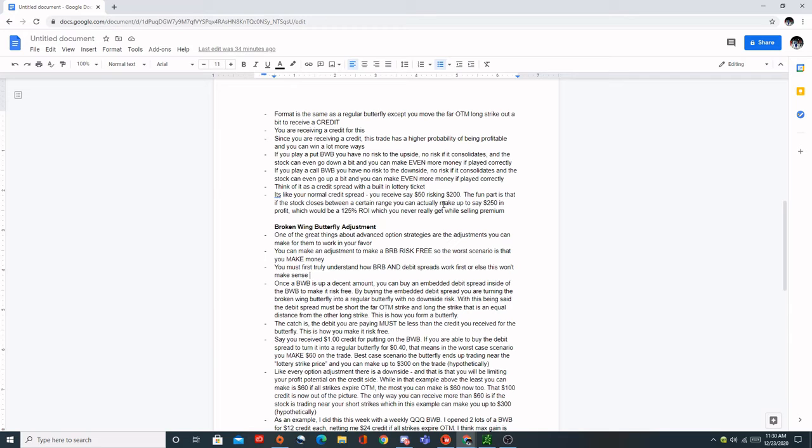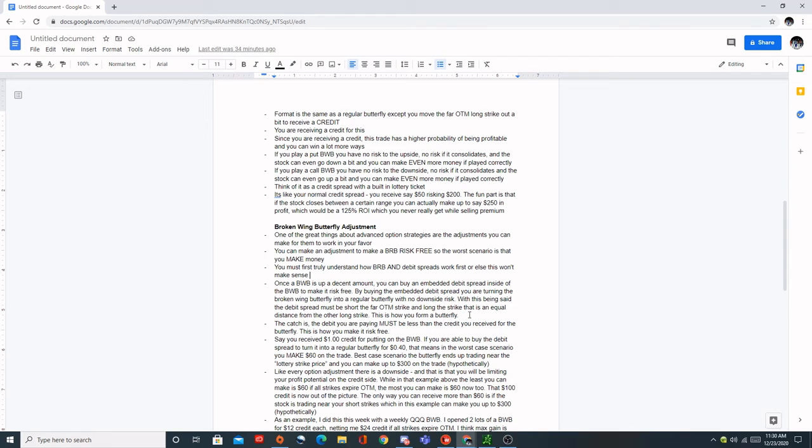With this being said, the debit spread must be short the far out-of-the-money strike and long the strike that is an equal distance from the other long strike. This is how you form a butterfly spread. I just showed you before, for the butterfly spread with the debit, you need the strikes to be equal to